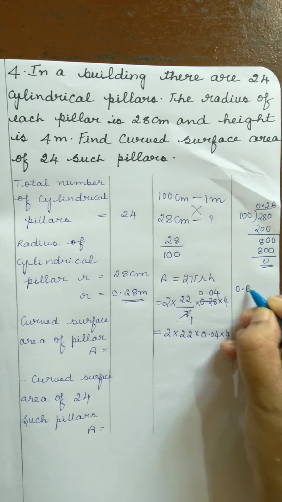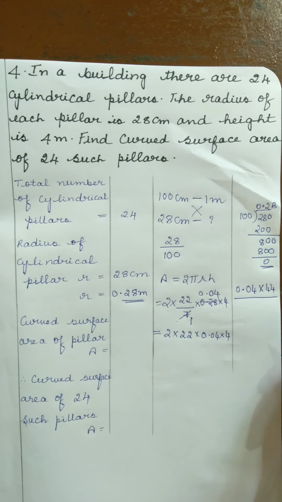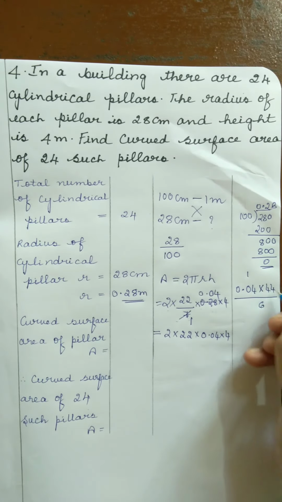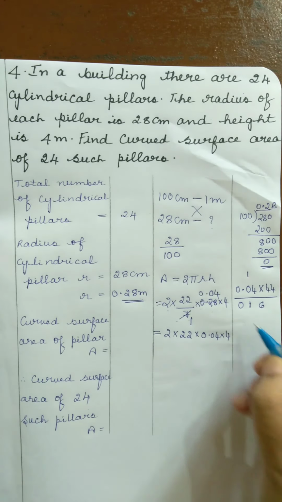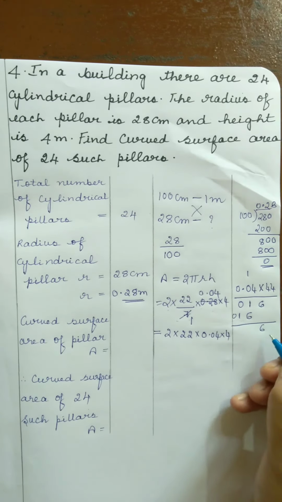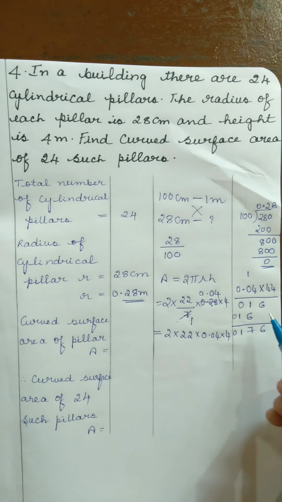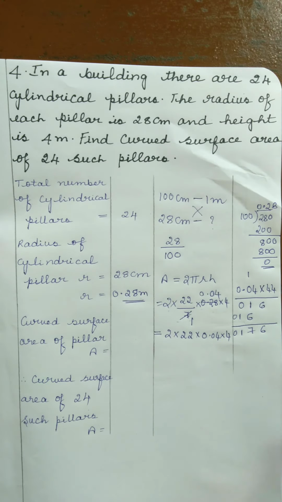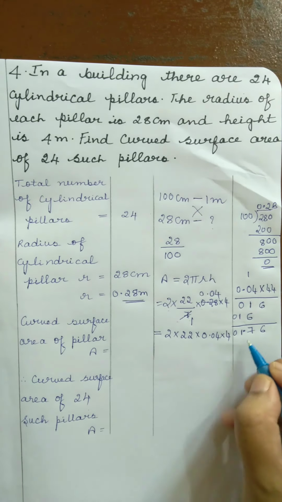Then, 0.04 into 44. On multiplication, 4 4s are 16, 1 is remaining, 4 zeros are 0 plus 1, 1. Again you'll get the same value, 6 1 0. Now, 6 plus 1 we have 7 1 0. Look here, after the decimal point we have 2 digits. So in the answer, from the right side, take 2 digits and put one decimal point so that it will be equal to